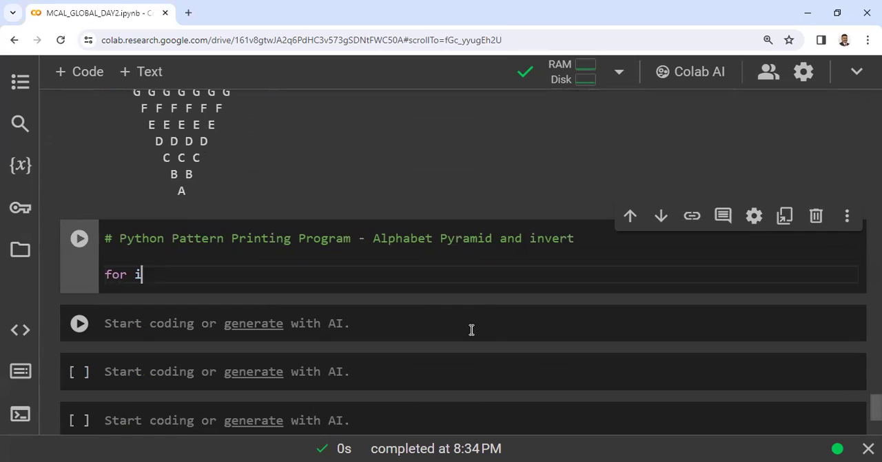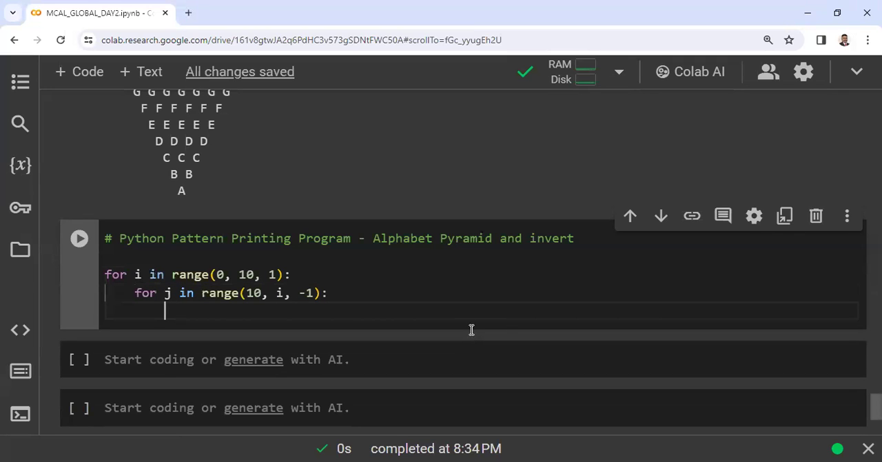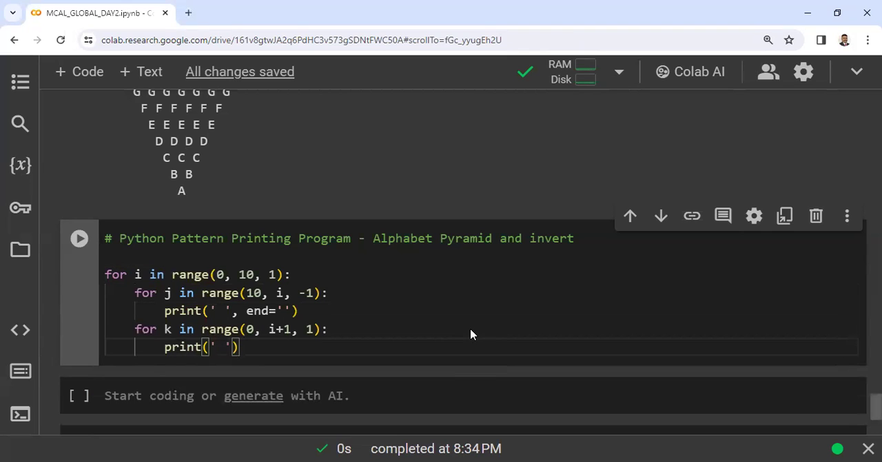So for i in range 0 comma 10 comma 1, for j in range 10 comma i comma -1, print space and end equals to, for k in range 0 comma i plus 1 comma 1, print what? Print